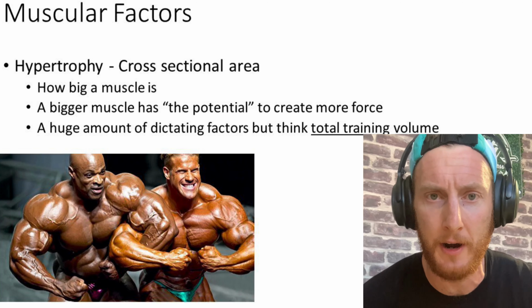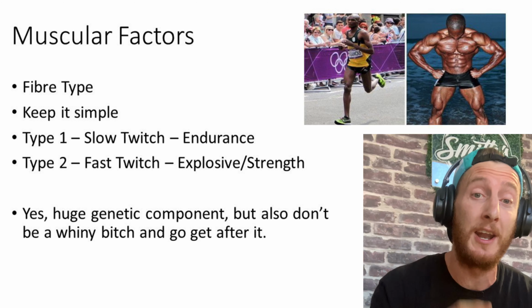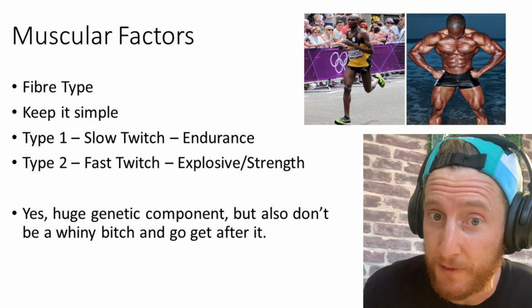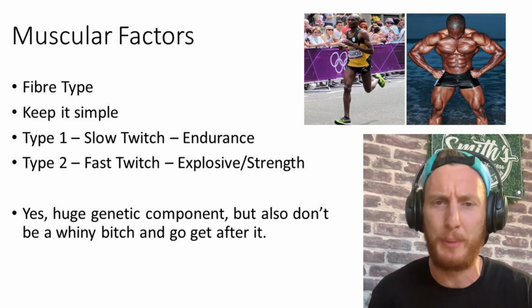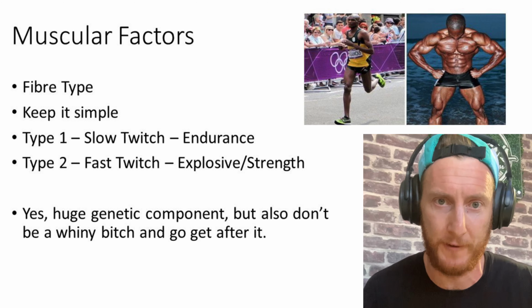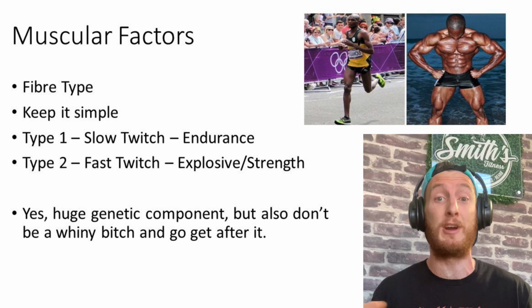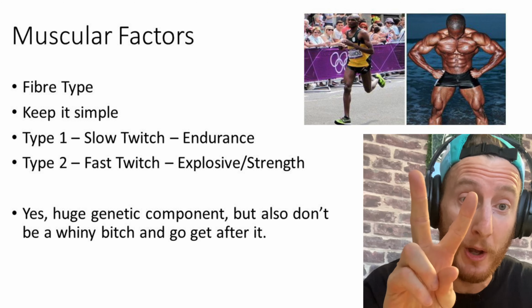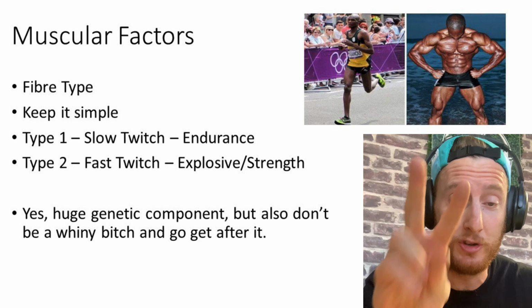The second factor of the muscular system is fiber type. Now, this is exercise made simple, so we're going to talk 2 fiber types in this bad boy. Type 1 are your slow twitch fibers. They're the more endurance-based fibers. And type 2 are your explosive, high force fibers, the fast twitch fibers. Now, when it comes to creating strength, we want to be more type 2 dominant. There is a huge genetic component to this, but that doesn't mean that our training can't push us towards a